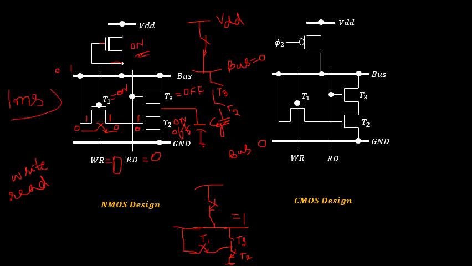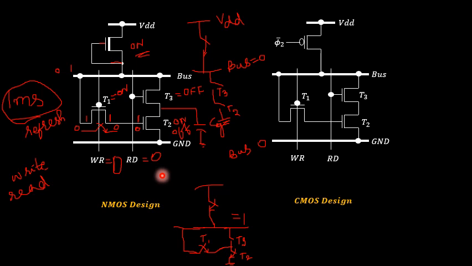So before 1 millisecond time duration, we are supposed to perform the refresh operation, or else the data will be lost. Means you cannot read the exact output what you want, which has been performed in the write operation. So in order to avoid that particular consequence, we are supposed to perform the refresh operation for the dynamic memory cell before the lapse of 1 millisecond. So now I have performed the write operation, and I have asserted the write signal also as equal to 0, read signal from the start itself it is equal to logical 0 state.